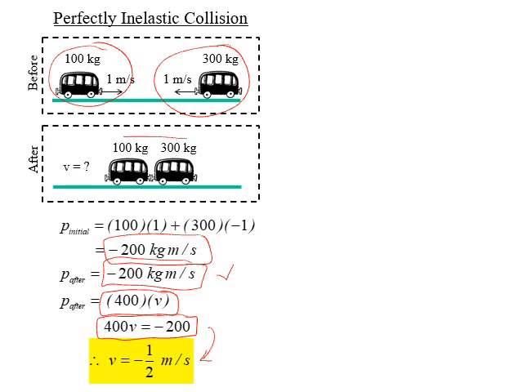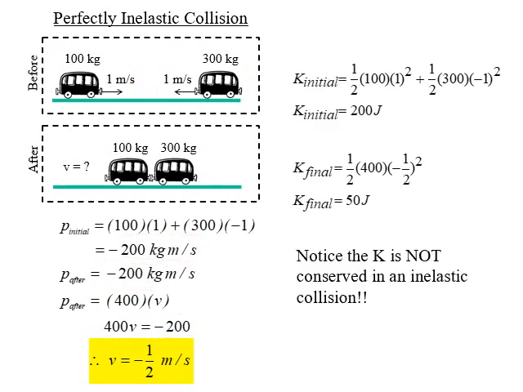So these two train cars that couple together are going to now move off to the left after the collision at a half a meter per second. That's what conservation of momentum, and the fact that they stick together after the collision, that's what nature demands. Now if we look at the kinetic energy in the system, initially